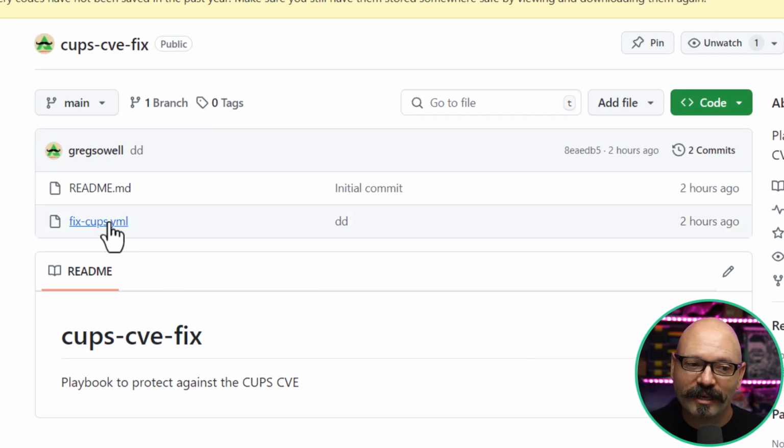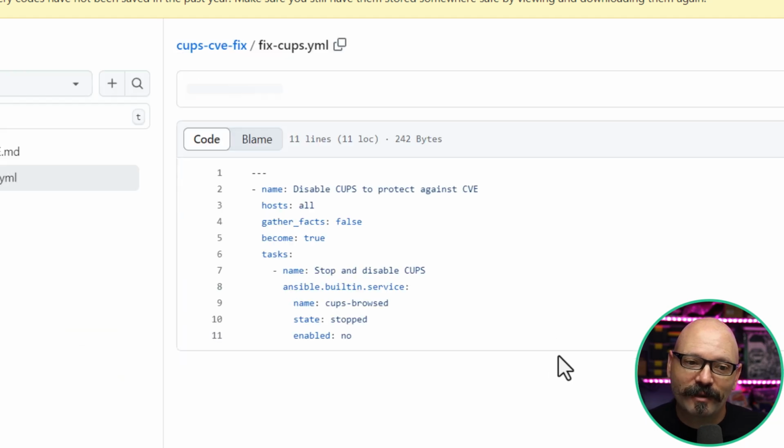From what I understand, CUPS is the print system used on Linux operating systems. If you map a remote printer to your local machine, it uses the cups-browsed service, and that's where the vulnerability lies. Patches are coming out, but if you want to mitigate it very quickly, honestly, I don't think most people even have CUPS installed to begin with, but just to make sure this service is turned off on any infrastructure that could potentially have it, we use this